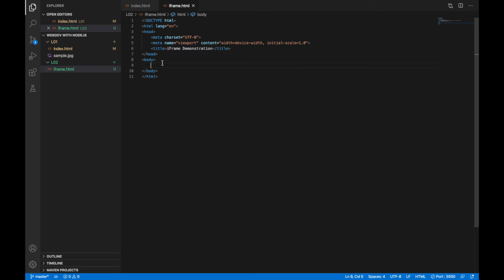Inside the body, now for example, I give the heading as iframes, H2. This is sort of a revision for everything that we did in the previous video.